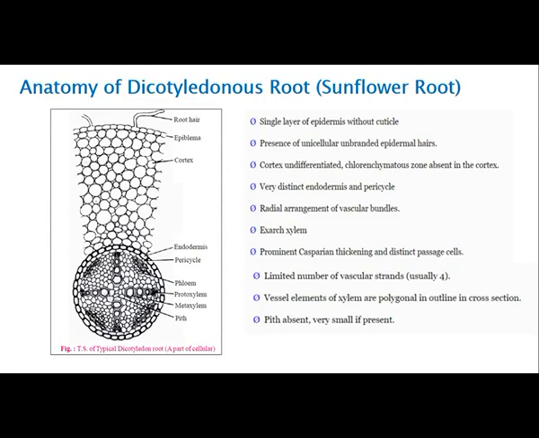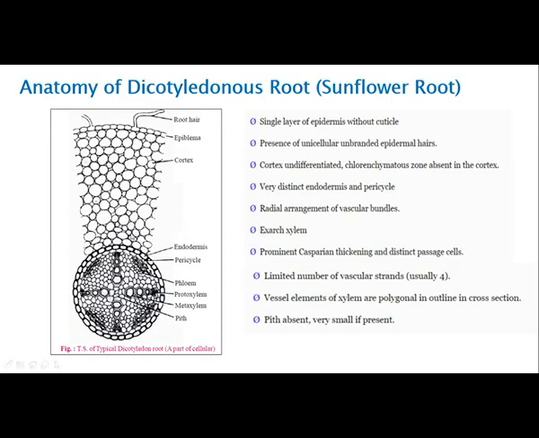Now coming to the ground tissue system. The ground tissue system basically includes all other tissues apart from the epidermal tissue system and the vascular tissue system. So it includes the cortex. The cortex, as you can see, is multi-layered and spherical in shape, and it is parenchymatous. The cells of the outer part of the cortex are suberized in old root, and this is called exodermis.